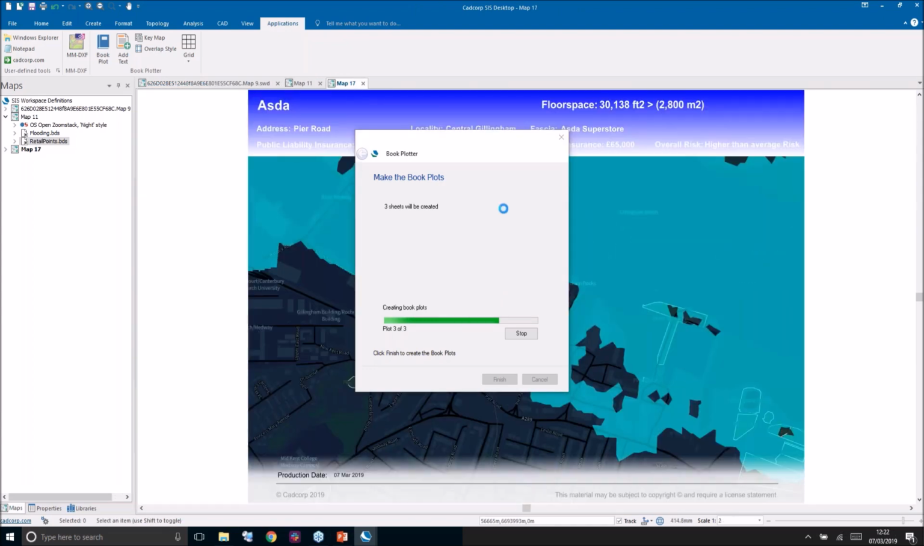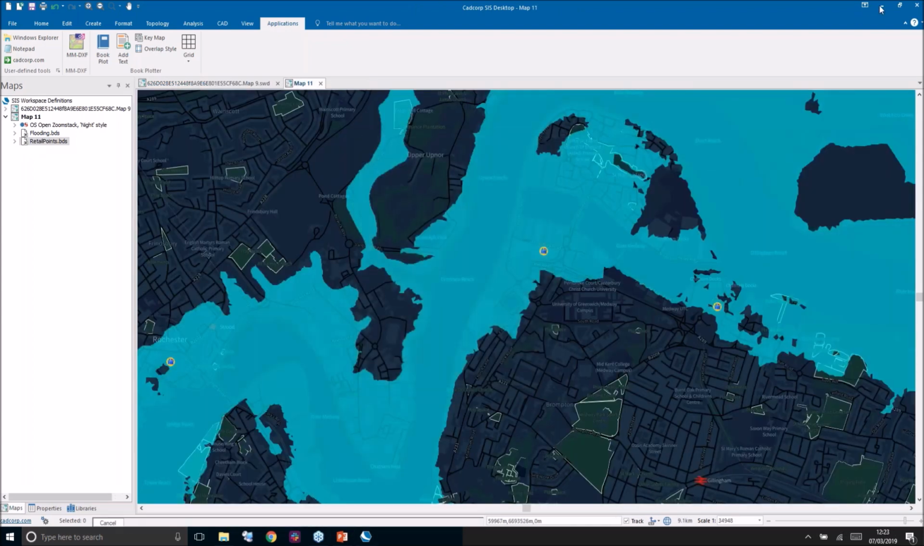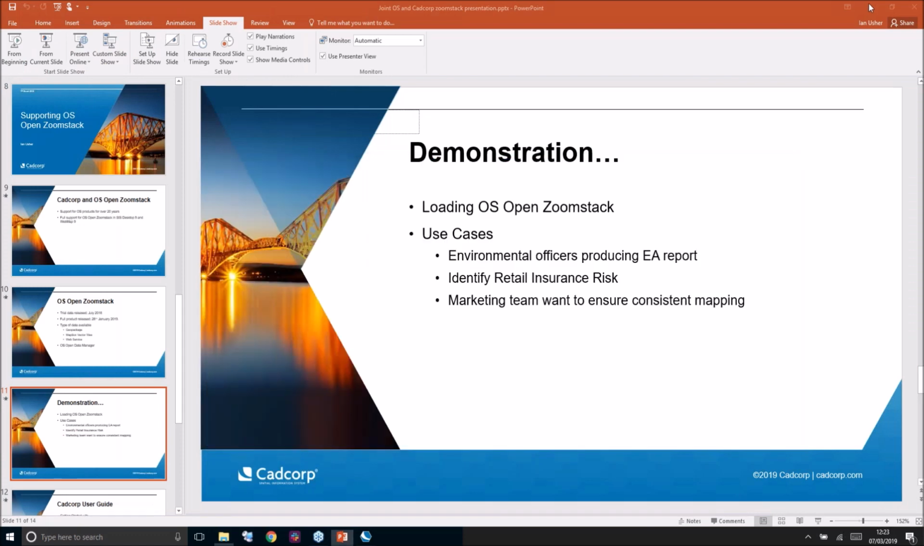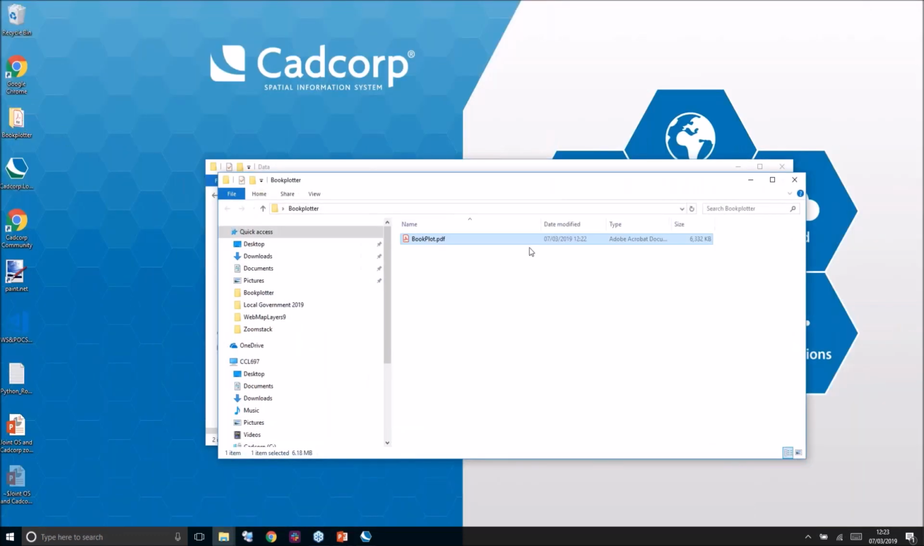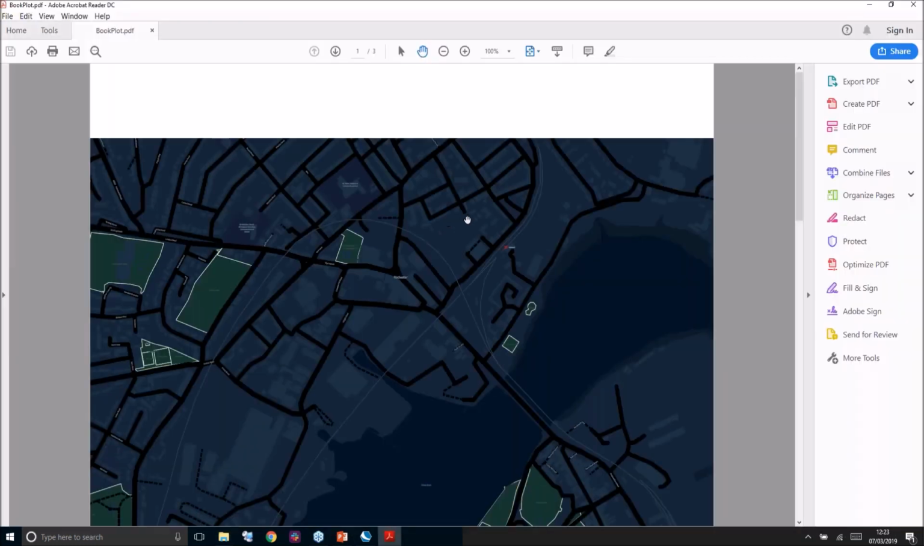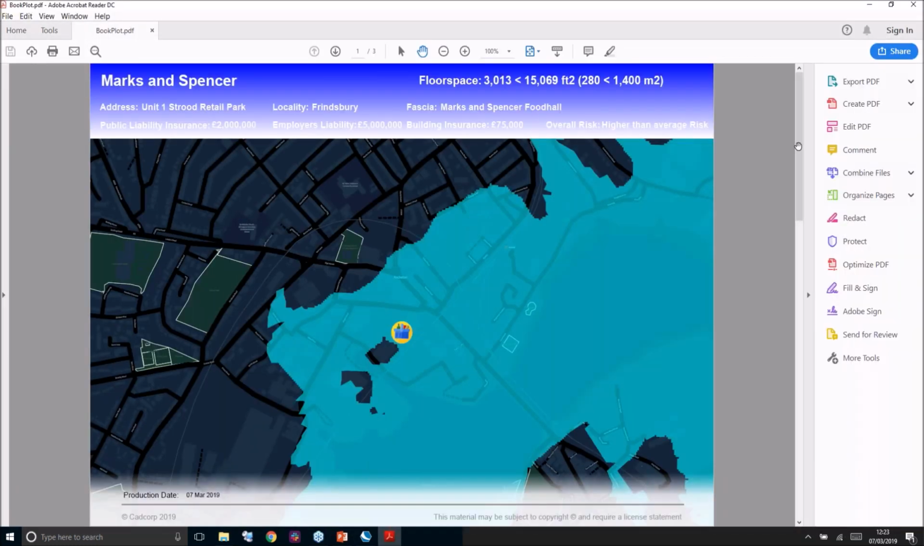And one last one is merging the PDFs, which is great. And then what we can do is, if we go into our folder, we've got a book plot that's been created at 12:22, so we're a minute behind, but that's fine. When we open it up, what you'll see is that we have 3 PDF pages, and each one is of